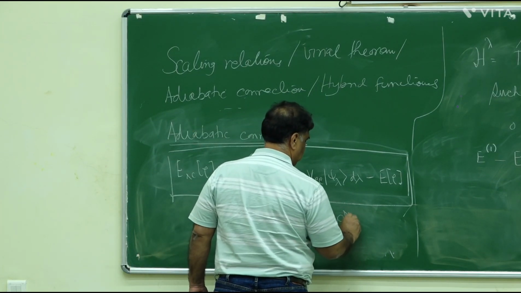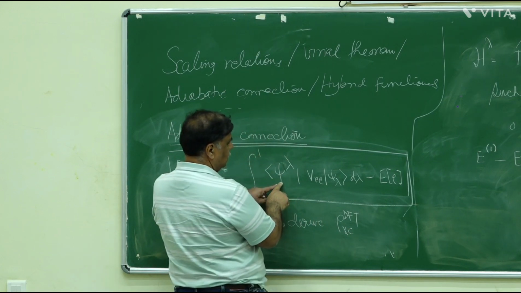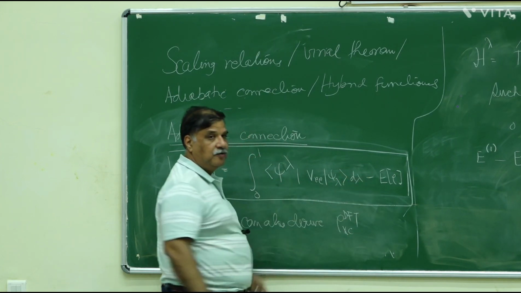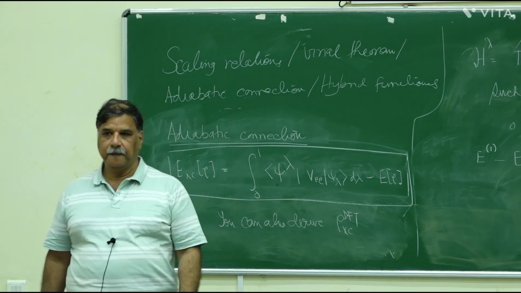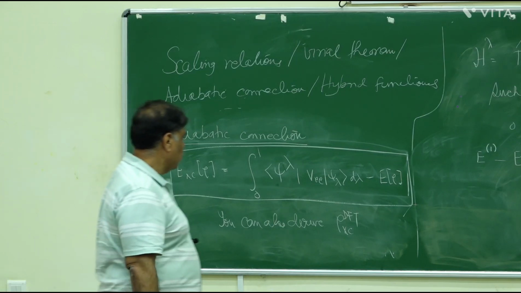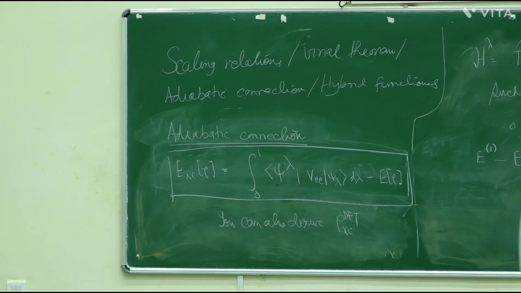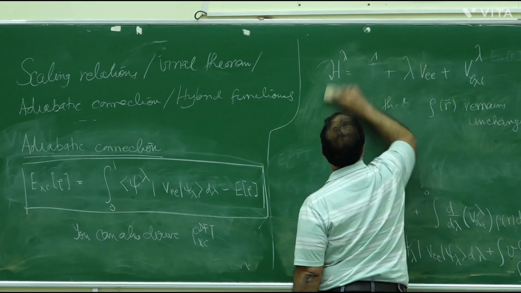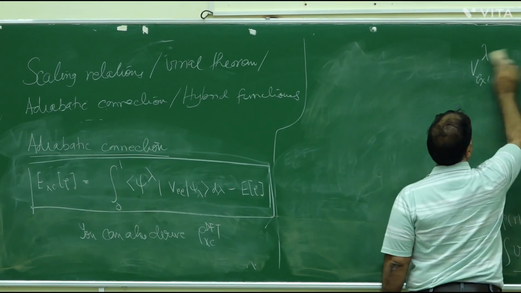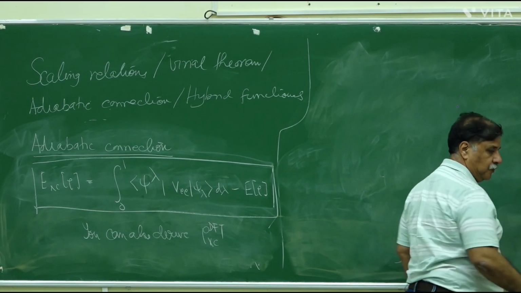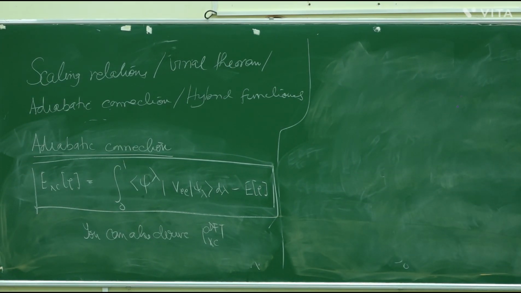rho xc DFT, which will be in terms of the second order density matrix corresponding to psi lambda integrated over lambda. Okay, this has given rise to the first hybrid functional. So if I take lambda equals 0,